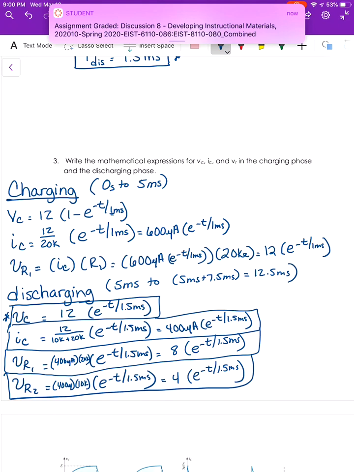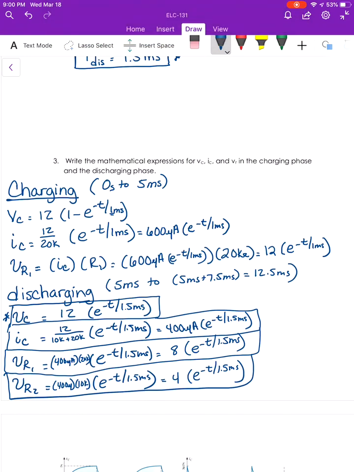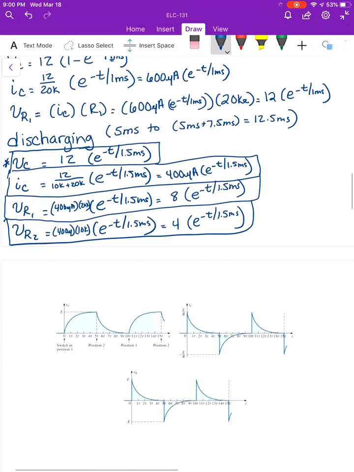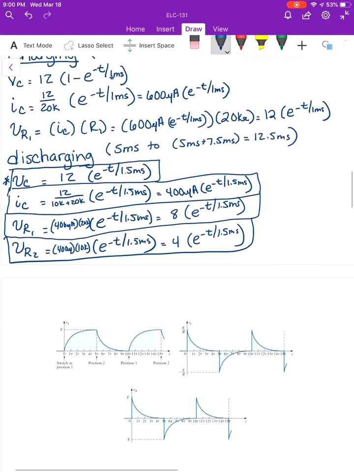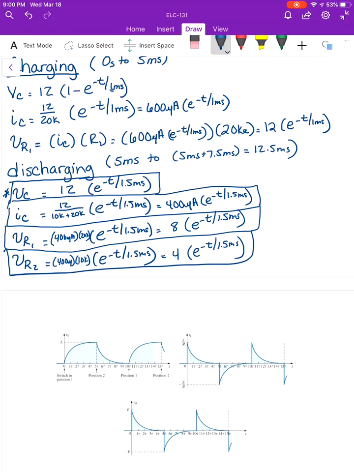Or 12.5 milliseconds. So this is what's going on. Okay, so if we were to graph that, this is what it would look like. So we would see that in the charging phase, with the switch in position 1, we would charge up to our 12 volts there. That's our V sub C. And then as we discharge, our voltage is going to start at 12 and then drop down to 0 in the,